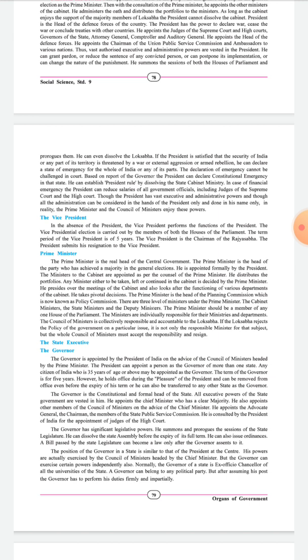Next we'll see the emergency powers which the president holds. First is the national emergency. If the president is satisfied that the security of India or any part of its territory is threatened by war, external aggression or an armed rebellion, then he can declare a state of emergency for the whole of India or any part of it. The declaration of emergency cannot be challenged in court. That was the national emergency.